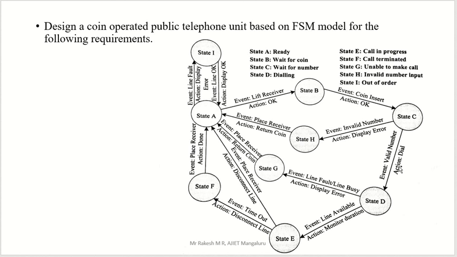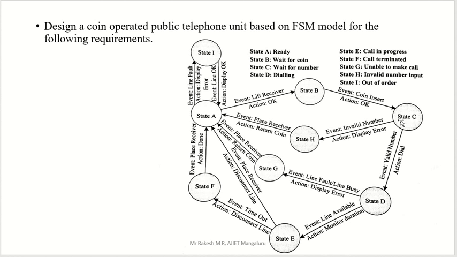The action will be dial. Once your number is proper, the action is dial. That is the action taken by the state machine. The event is conducted by the user. So the user will enter the number. If that number is valid, the state machine will dial it. So you will go to the dialing stage. Now the dialing stage I will come to later. First I will complete C.